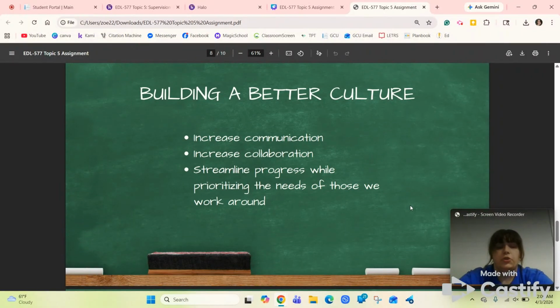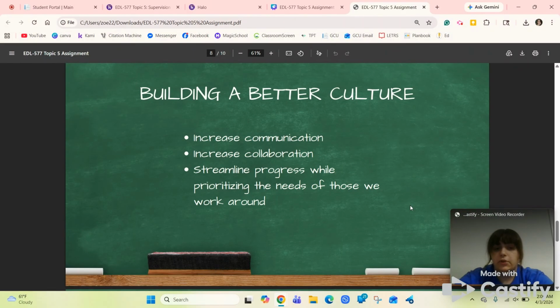To build a better culture within our organization throughout this project, we are going to increase communication and streamline everything that needs to be communicated with others. So we will let teachers and staff know what we are doing and when. We'll make sure that all workers know exactly where they should be at what time, and we'll make sure that we are not going to be in the way of people during critical instruction time.